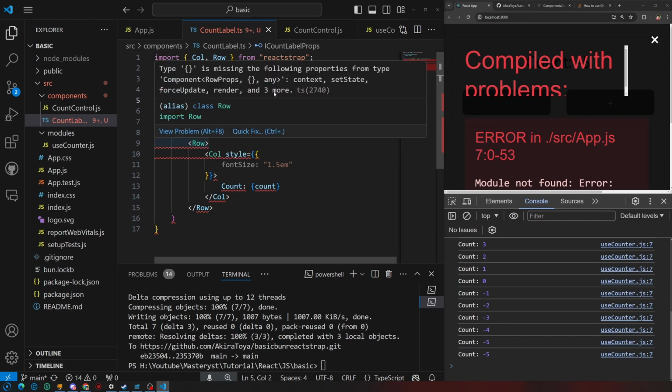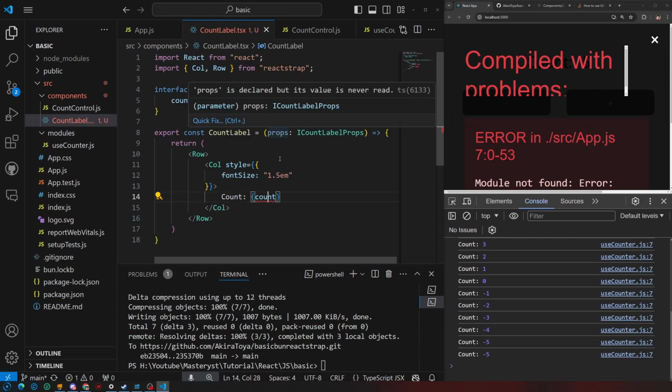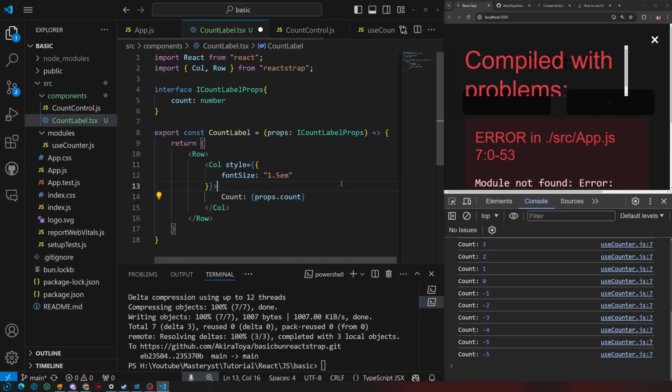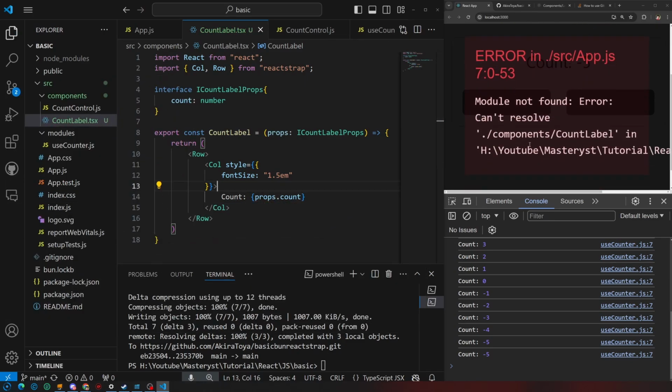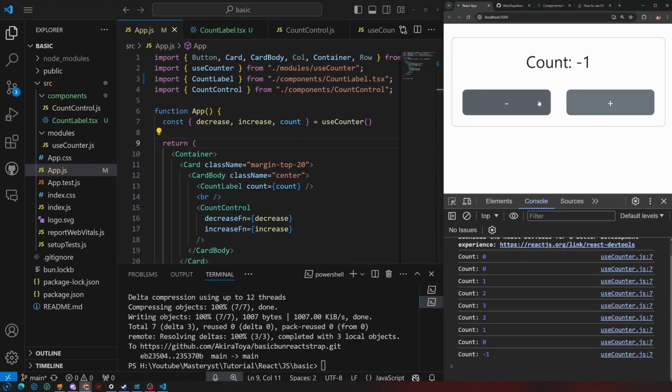This is once again the difference between TypeScript and JavaScript. In TypeScript, we need to import the React. Why do we still have a problem? Like I said before, we need TSX. Since we're using the variable props, we need to call props.count instead of count. Okay, we still got an error. It can't resolve the file automatically, so give the file format to the import. Now let's run it. Okay, it's working well.